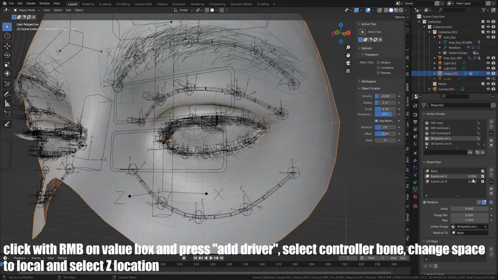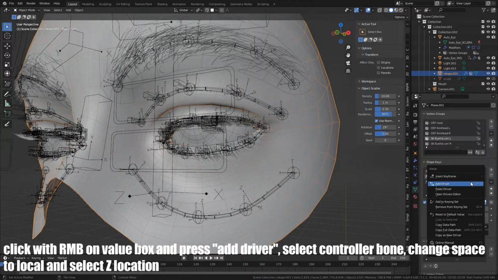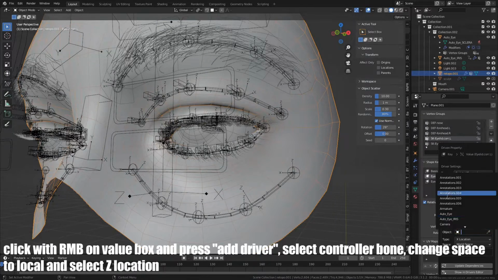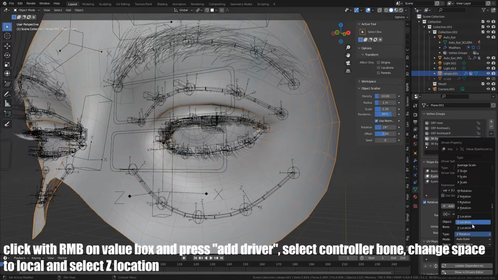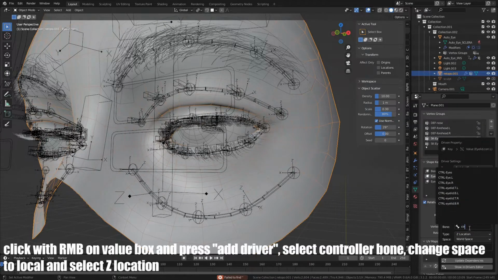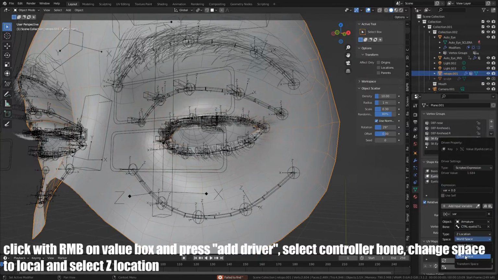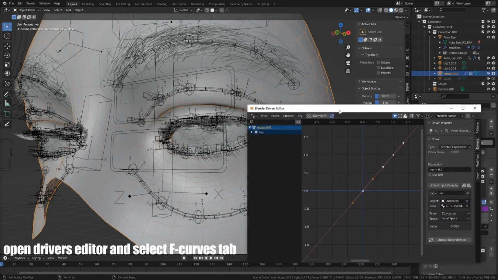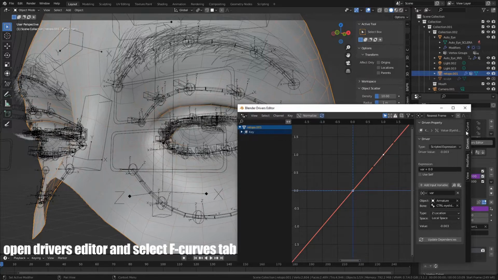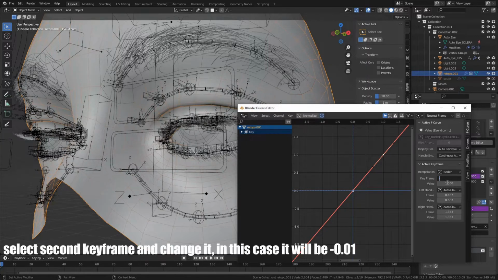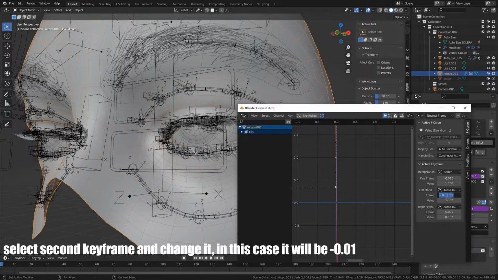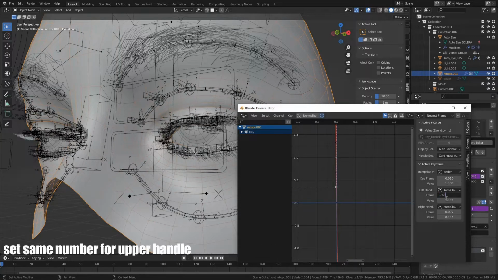Click with right mouse button on the value box and press Add Driver. Select controller bone, change space to local and select Z location. Open Drivers Editor and select F-Curve tab. Select second keyframe and change it, in this case it's -0.01. Set same number for upper handle.